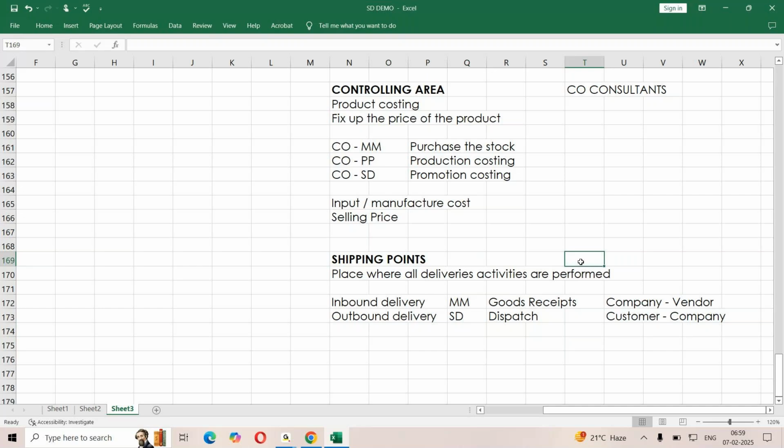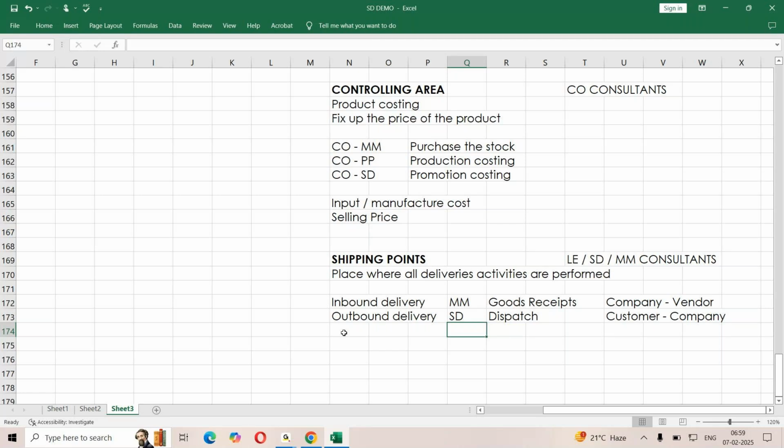This is going to be configured by LE consultants. In a project, if you don't find LE consultants, then this is handled by sales or MM, because it is an integration between MM and SD. You will find an MM consultant or sales consultant creating these shipping points.